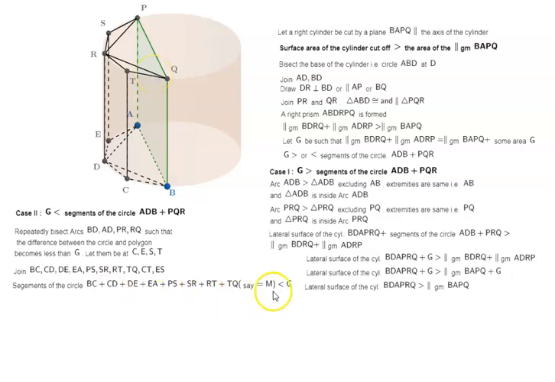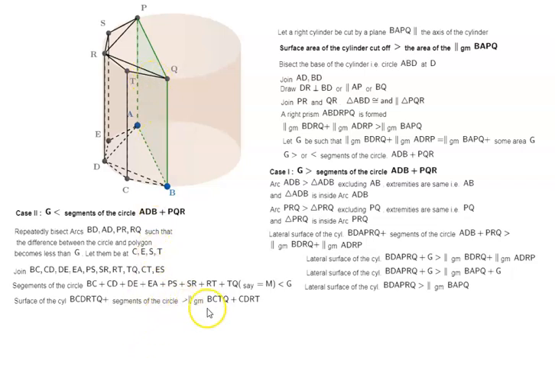Say the sum is M, is less than G. Then surface of the cylinder BCDRTQ, plus segments of the circle, these specific BC, CD, RT and TQ,